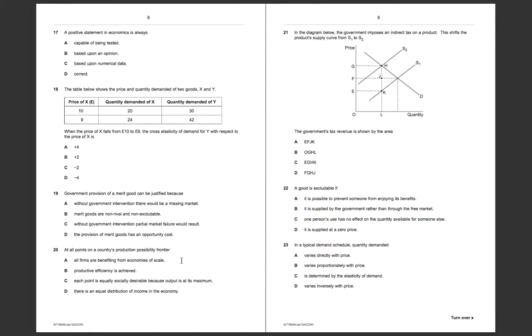And the possible answers are A, all firms are benefiting from economies of scale. Now, this is not necessarily true, because if we imagine that production possibility frontier had capital goods on the y-axis and consumer goods on the x-axis, for example, it might be the case that lots of firms are producing trains,